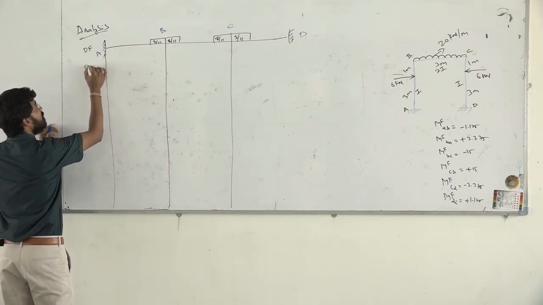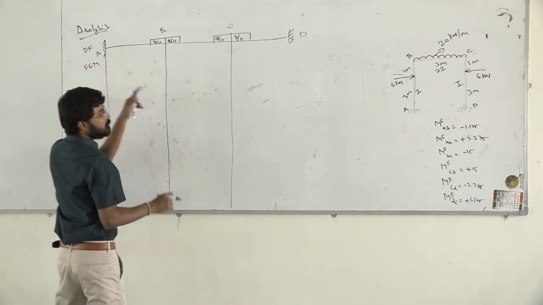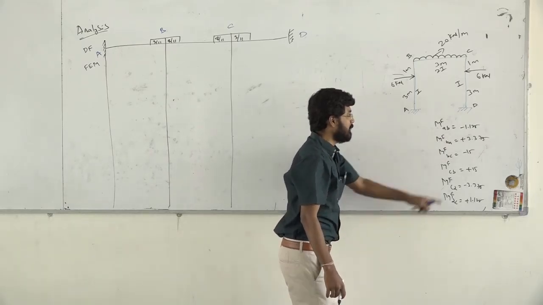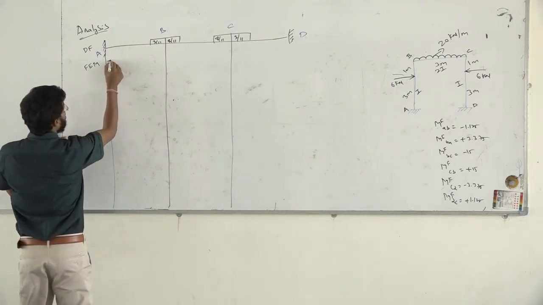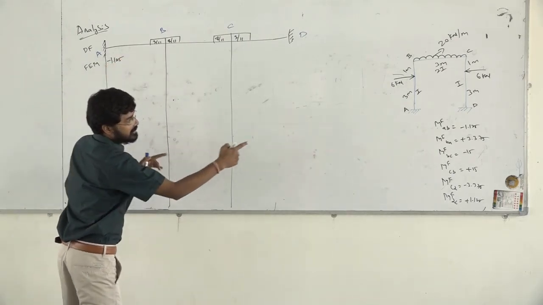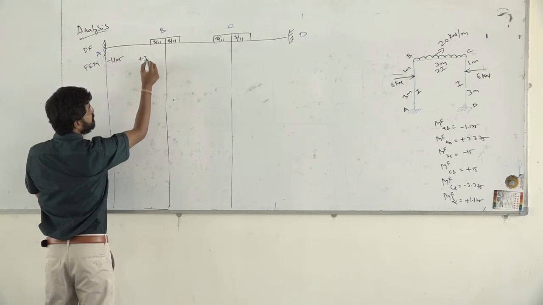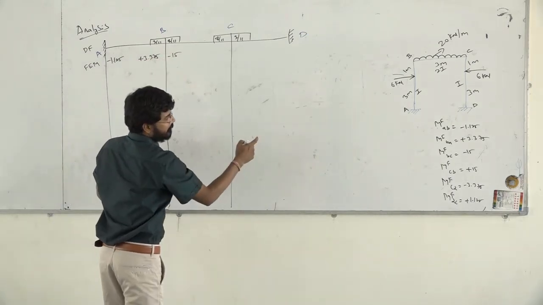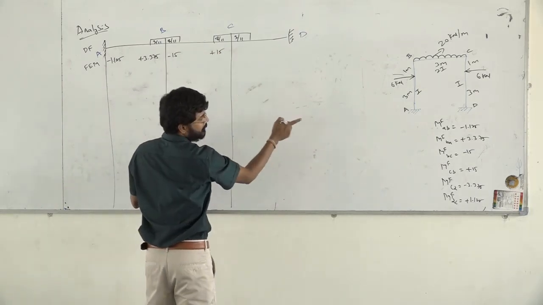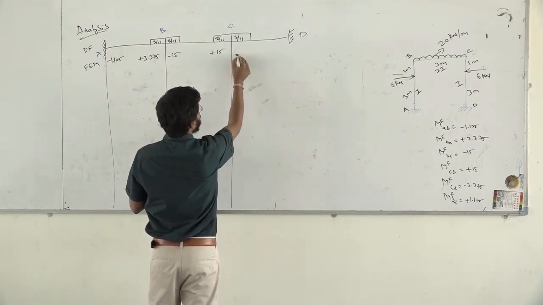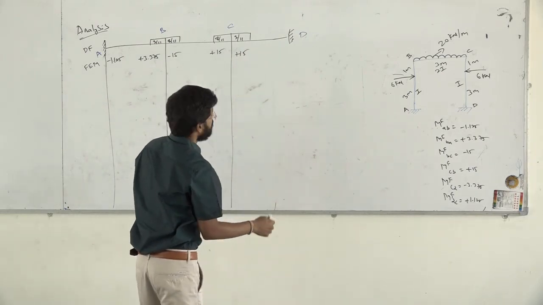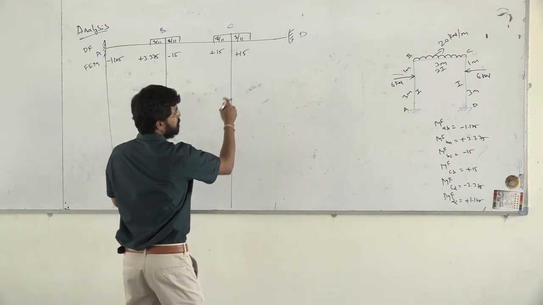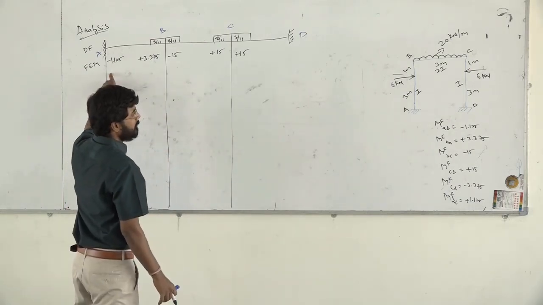Now second step, if you see, we have fixed end moments. Fixed end moments I have already written over here, that's the reason. Now if you see here, we have written our fixed end moments. So those fixed end moments we have to write. So it is minus 1.125. Second one, if you see, it is plus 3.375. It is minus 15. Here we have plus 15. Again we have plus 15. And then we have 3.375, and minus 1.125.